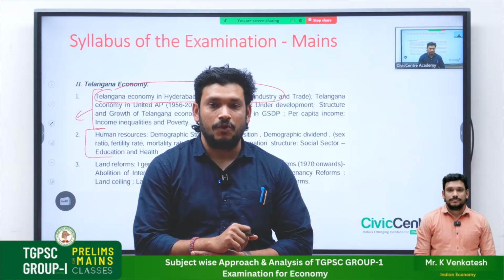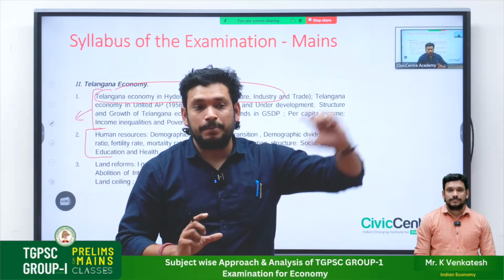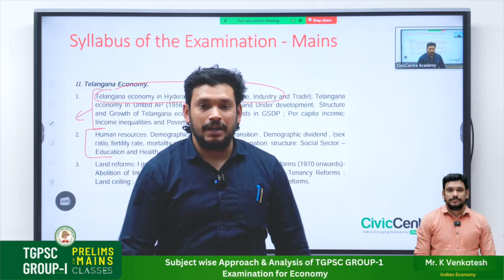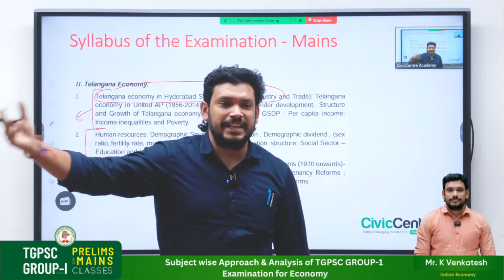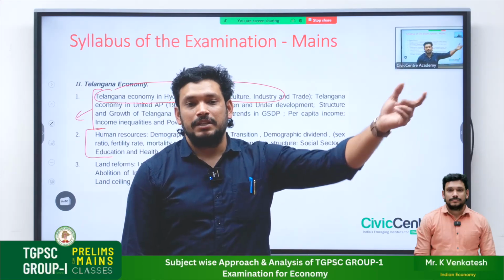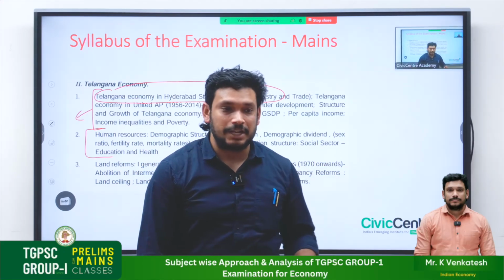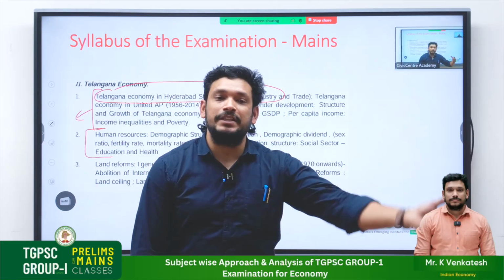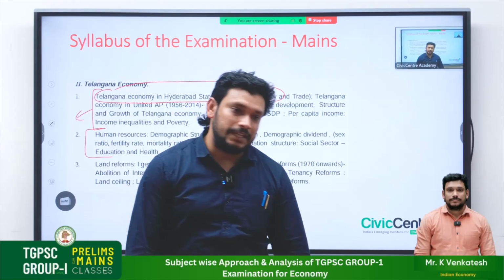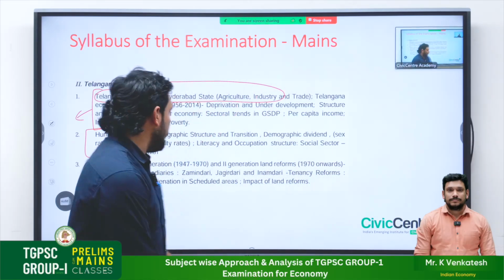So that's why we will see what land reforms happened, and why it became a failure in different parts. In tribal areas, why land reforms became a failure. In assigned areas, why land reforms became a failure. What are the different committees that were formed on land reforms? What were the different acts that were brought in to implement land reforms but could not be implemented because of the inequalities that were there in Telangana, as we are studying about Telangana.